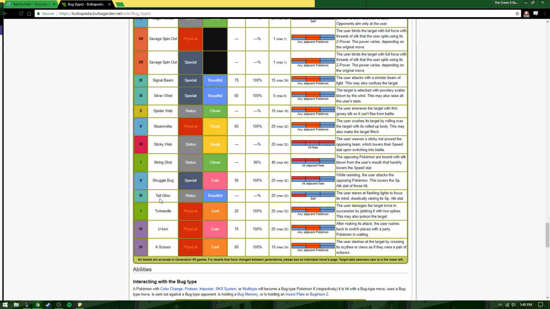And then X-Scissor is your common. I'll talk about U-turn after X-Scissor. X-Scissor is a common. If you have claws, any Pokemon that has claws or something like that can learn this. So that's a lot of Pokemon. In case you were wondering, a lot of things just have big meaty claws. So X-Scissor is the common